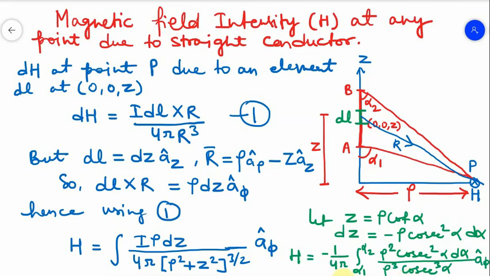Okay, so if we solve this, obviously what will there? This cosec square will cancel this cosec cube, and the cosec alpha will be in the denominator. Similarly, this rho square will cut this. So 1 upon cosec is sine, and then 1 upon rho, so it will be sine alpha d alpha. So your H will be